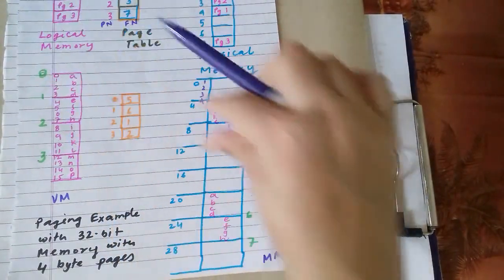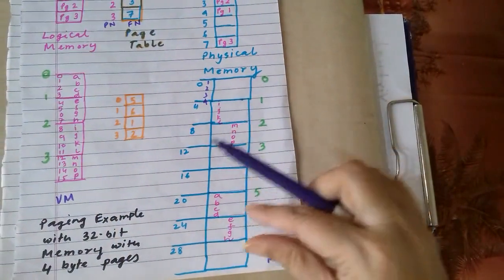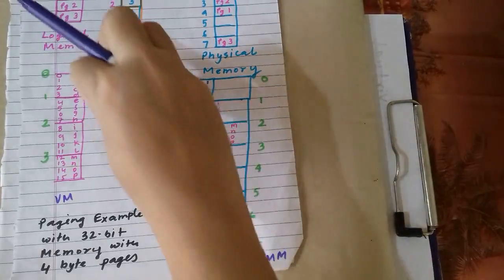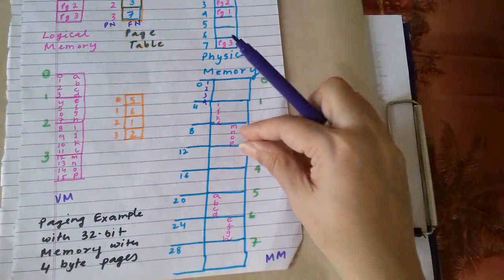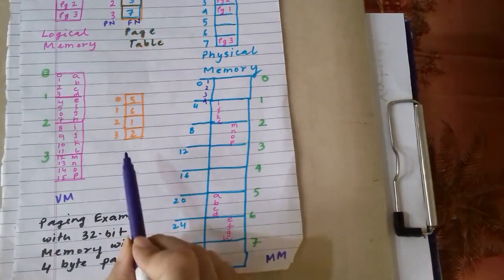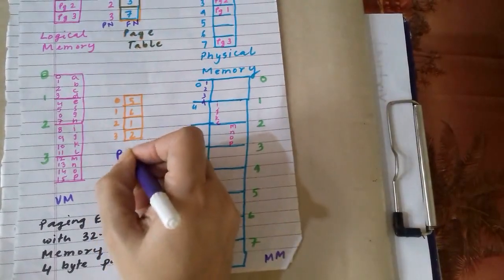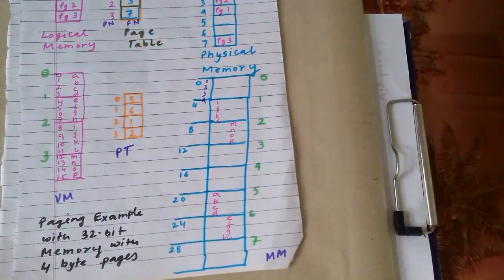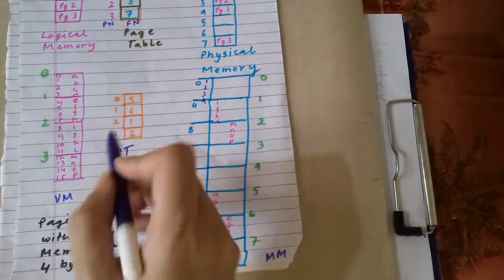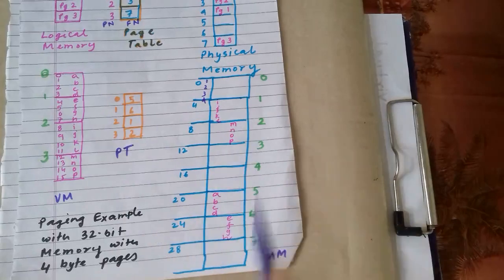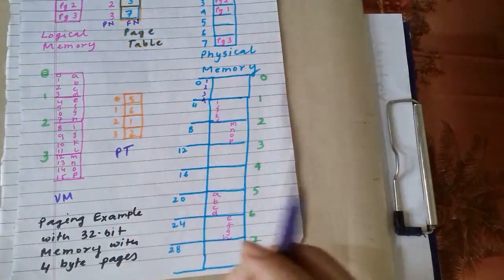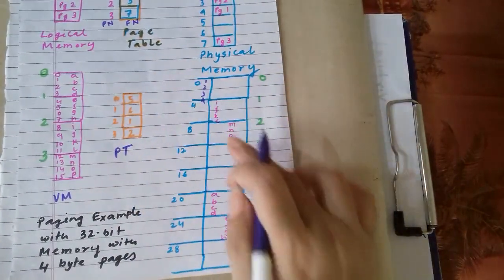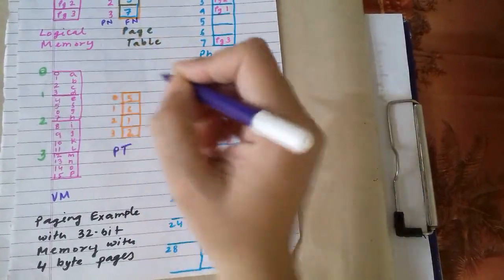According to the availability of space in main memory, this will be copied somewhere. You can see this is copied here, and the last one, MNOP, is copied here. Now the memory management unit will provide a page table, usually denoted as PT. According to this page table, we'll find out which page is present where in the main memory, that is, which frame it is available in.